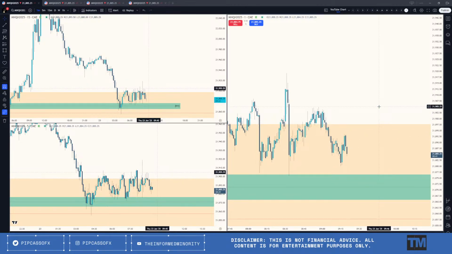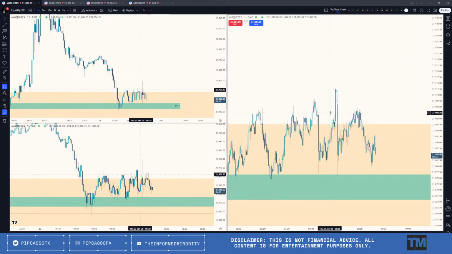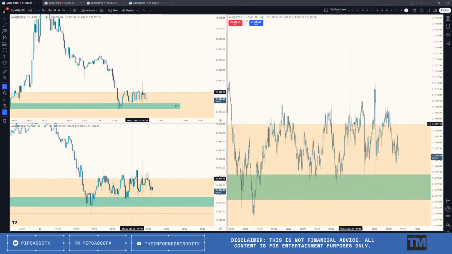But yeah, again, just kind of looking for higher prices if that's what's going to offer us. Again, we have SMT on the higher time frame. We just have to remember that we are in a little bit of a consolidation, you can see. So when I'm noticing and seeing that,